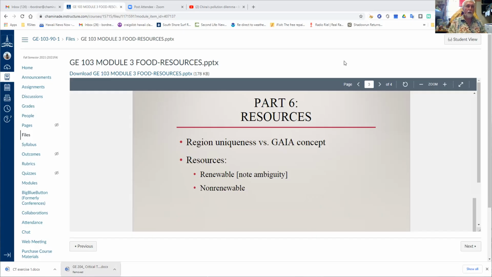So when you're looking at resources, you have to remember that on one hand, there's a tendency to look at them within a regional context, in terms of this region has this and that region has that, or this region needs this. But the reality is it's a much more complicated dynamic because almost invariably there's more than one region involved, or it's a much larger concept.